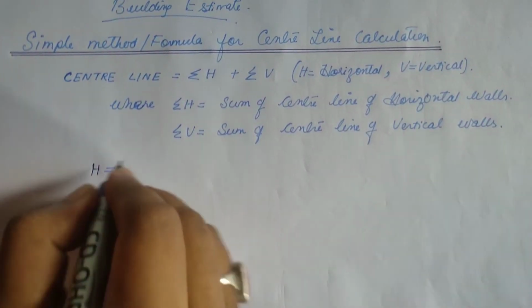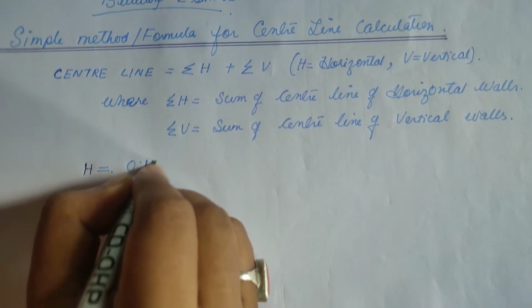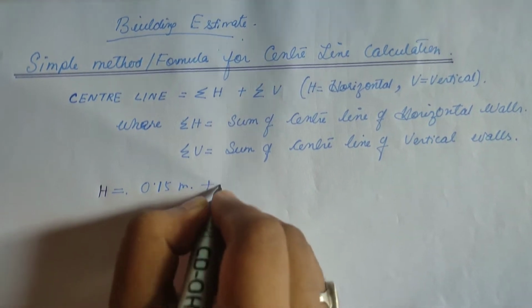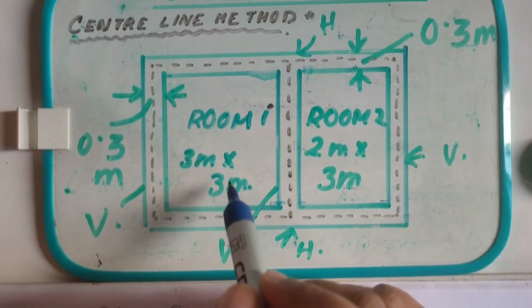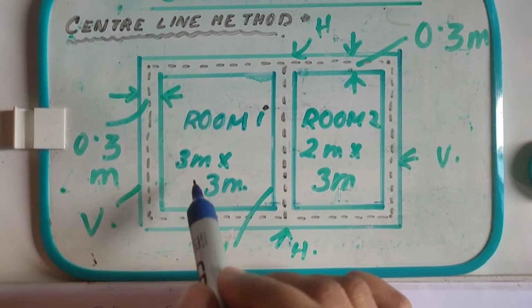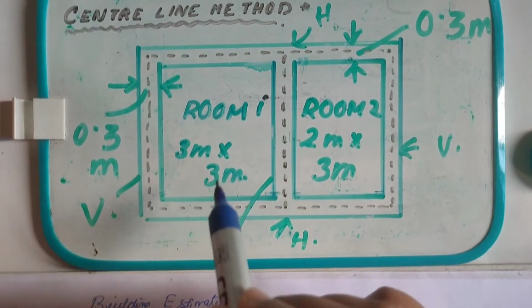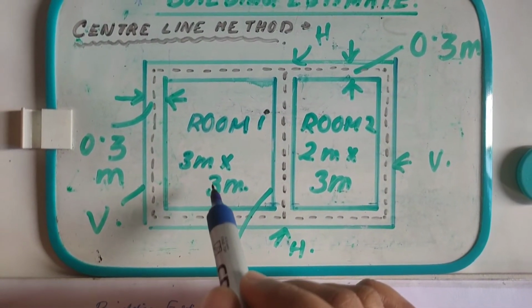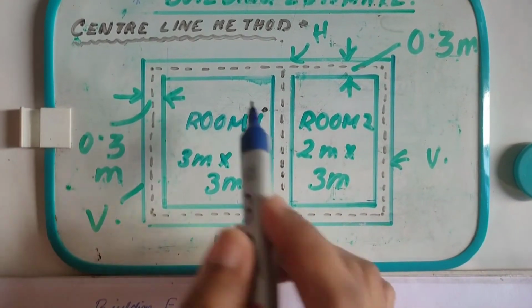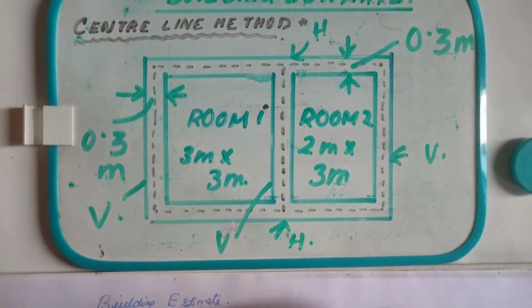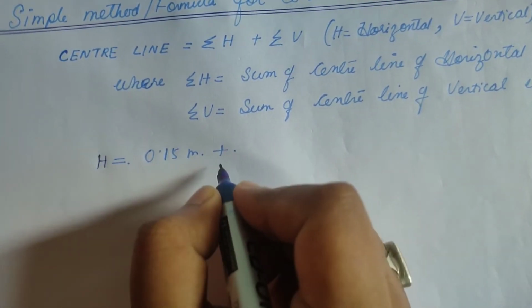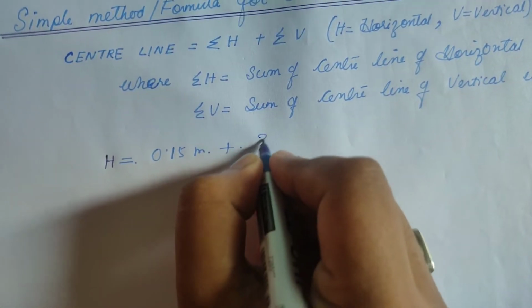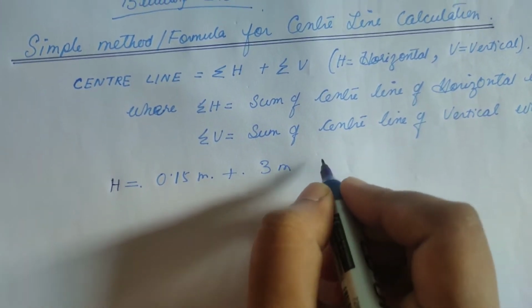So H equals 0.15 meter plus, see the room dimension, length and breadth. What will be the length now? 3 meter. 0.15 is the thickness, 3 meter is the length, plus